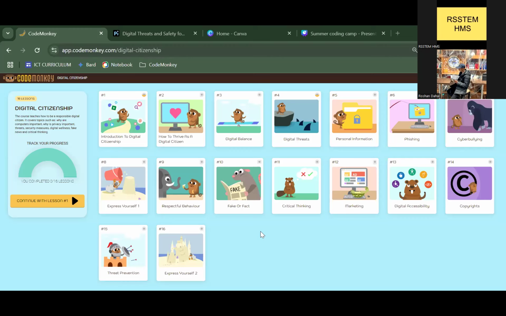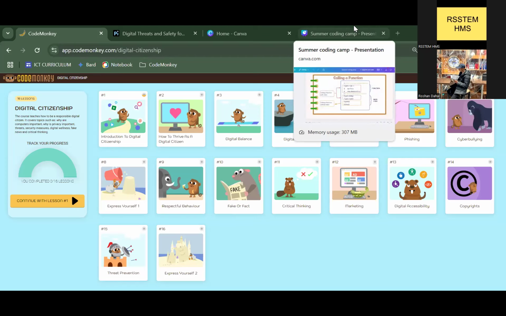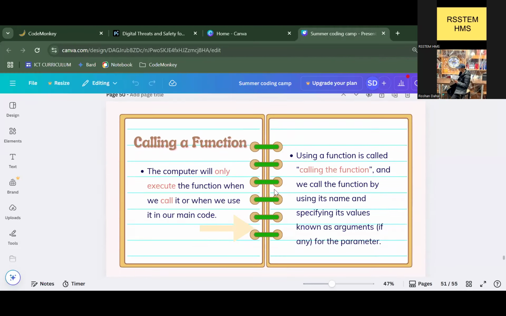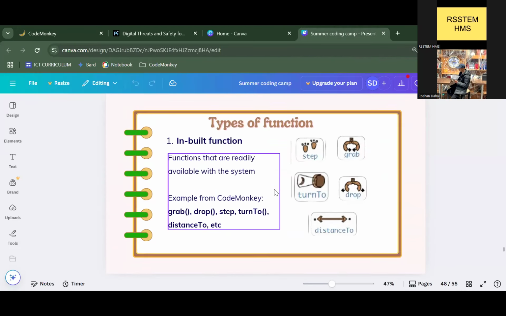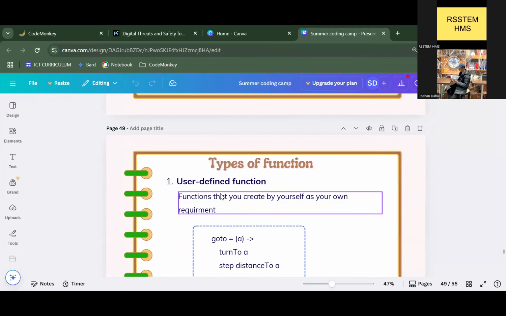I need to present functions, and some inbuilt functions and user defined functions.